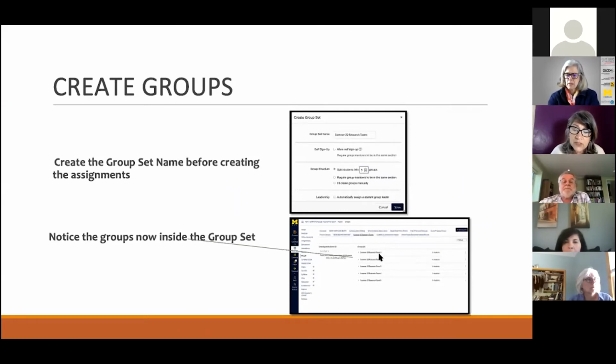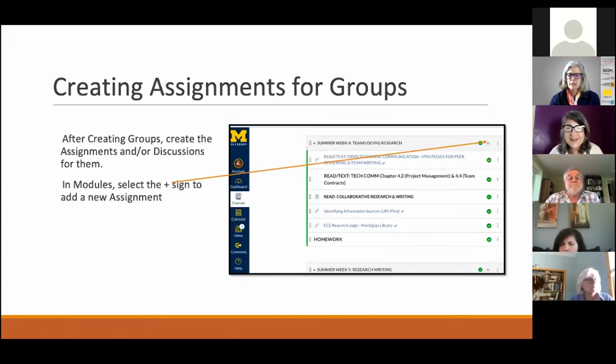Now, if this had real students in it, I could go to these little tiny dots on the side here, and poke on this, and it would bring down all the students in that group. But then if I poke over here, it'll take me directly to that group's homepage within Canvas. So I'm going a little fast because I want to allow us to go backwards and answer questions. But if there are questions, Rhonda, that you think that I need to address right away, just pause or let me know, interrupt me.